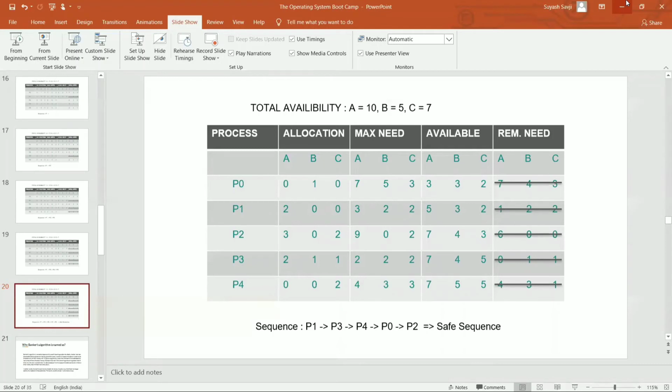This is the allocation matrix. If it is P1, P1 has 2 instances of A, 0 instances of B, and 0 instances of C. So we are using a 2D array to save the allocation matrix. Similarly, to represent the maximum needs, we use a 2D array. And available defines the currently available resources. Initially, we had 3 3 2, if you remember. We have array f of n, answer of n, and index.